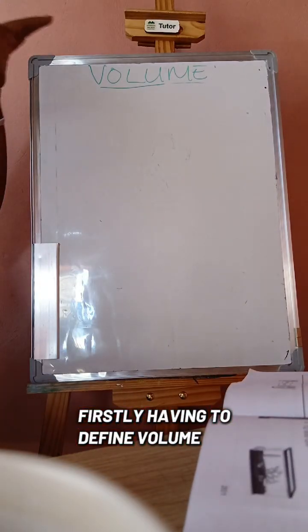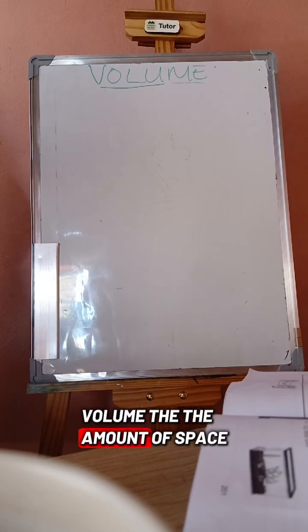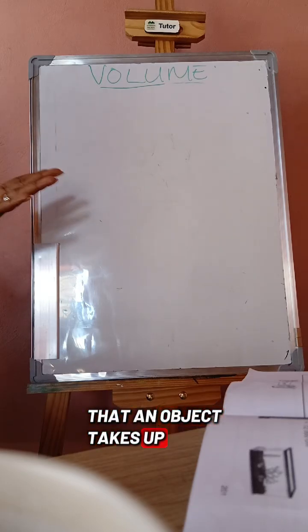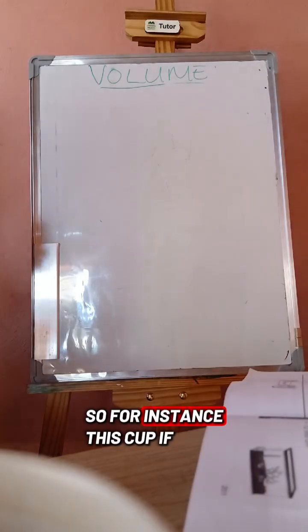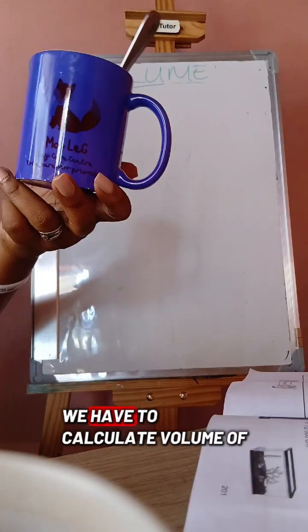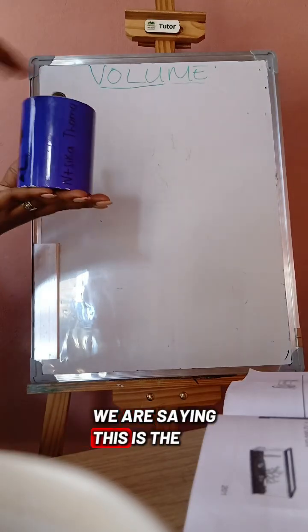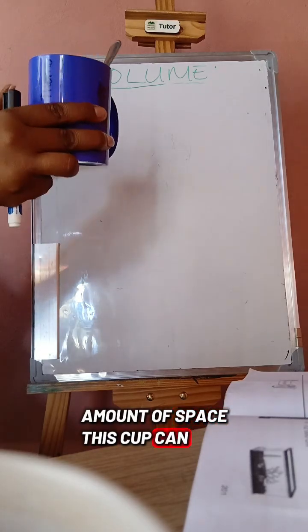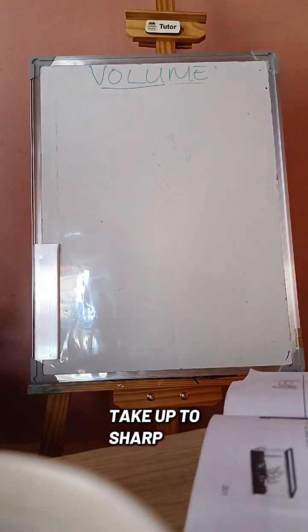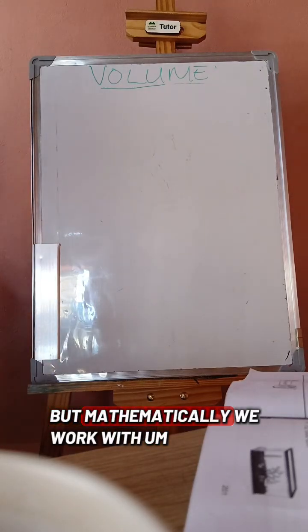Firstly, having to define volume. Volume is the amount of space that an object takes up. So, for instance, this cup, if we have to calculate the volume of this cup, that will mean whatever answer we are getting, we are saying this is the amount of space this cup can take up. Okay? Sharp. Now that is what volume is, but mathematically we work with